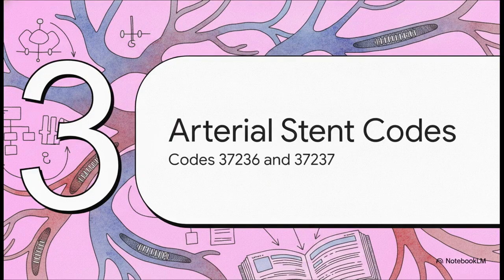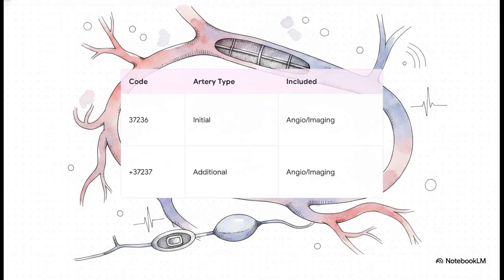All right, Section 3, arterial stent codes. Let's drill down into the specifics, starting our journey with the arteries. Let's see how this builds with codes 37236 and 37237. Code 37236 is your primary procedure code for the initial artery. Notice how it explicitly includes the angioplasty and the imaging right there in the description. Now, if the physician stents a second separate artery during that exact same session, you use the add-on code 37237